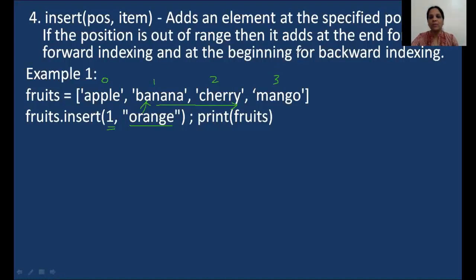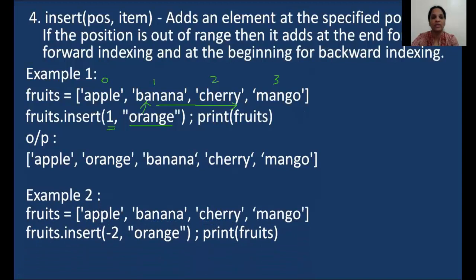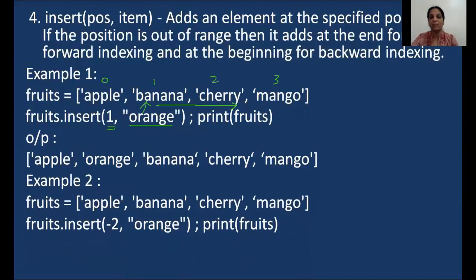Okay. Then some ask me that can you just specify positive indexes? I mean positions. Can you also specify negative? Yes, you can specify negative as I show in this example. But let me just tell you what exactly happens here. Let me write the negative indexing here. This is -1. This is -2. This is -3. And this is -4. So you want orange to be added to -2 location. So cherry and mango gets shifted.